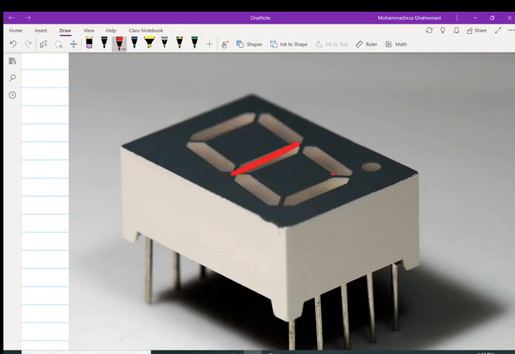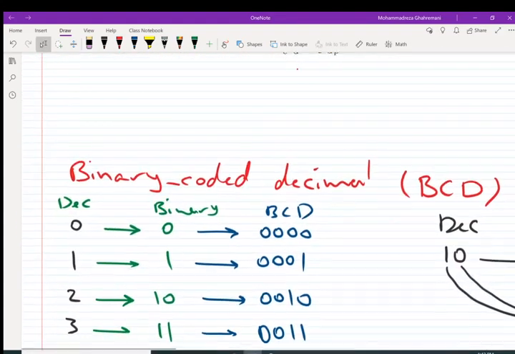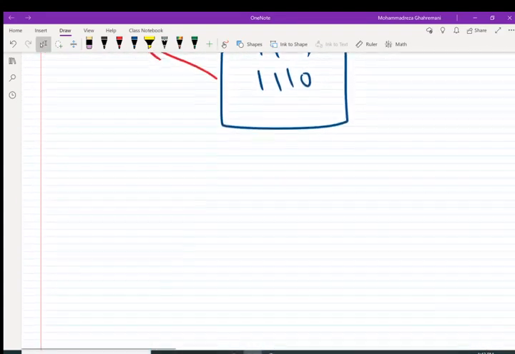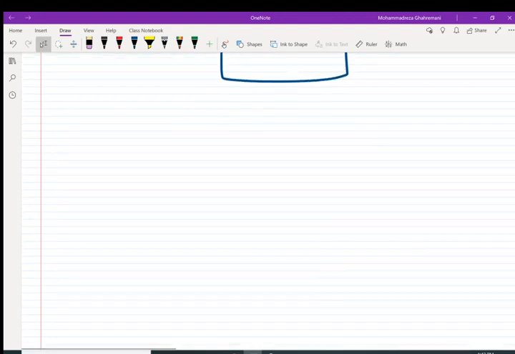Okay, now that we have learned the 7 segment display and the BCD coding system, I want to talk about a new type of decoder. We know what a decoder is. A decoder gets an input and converts it to up to 2 to the power of n outputs. Okay, so